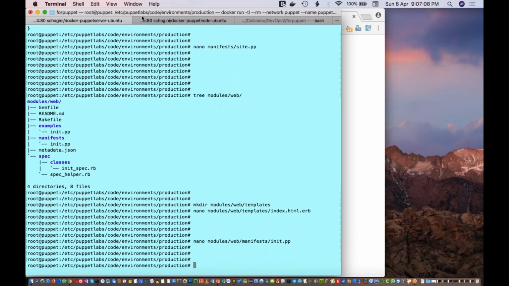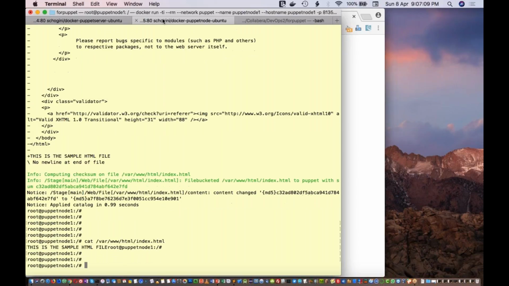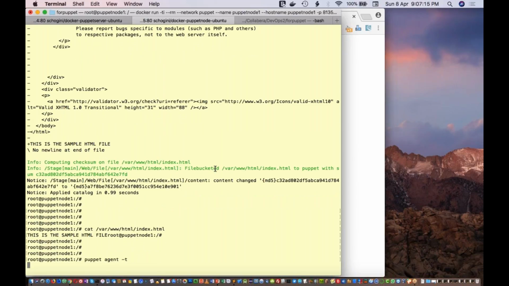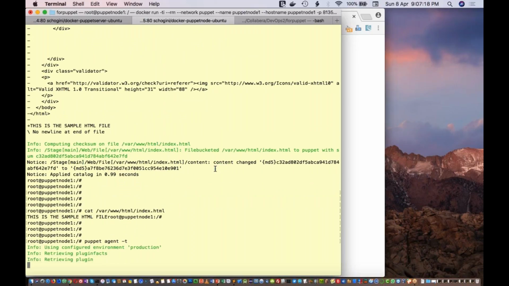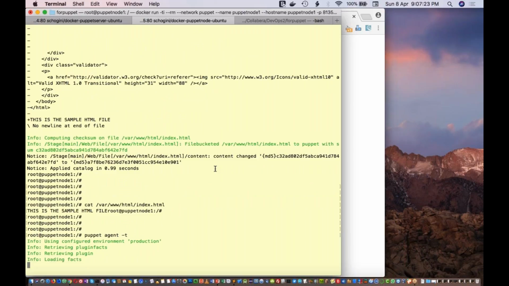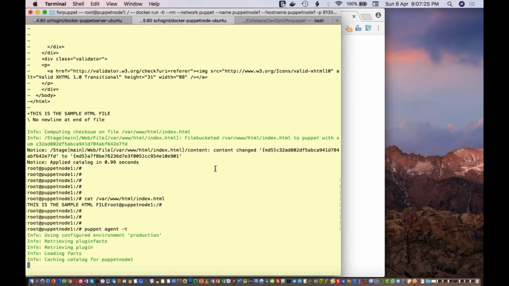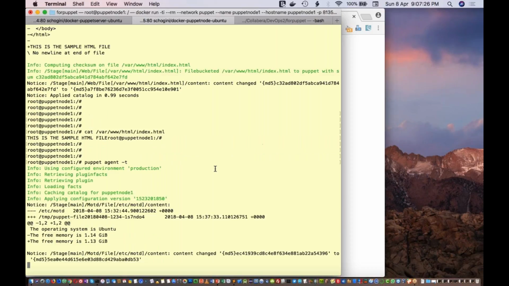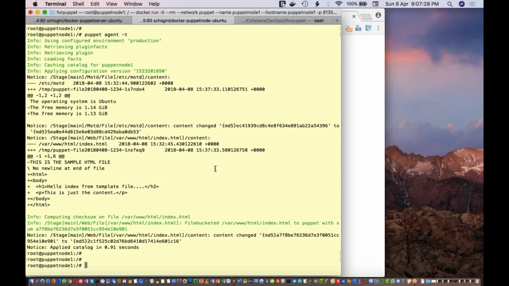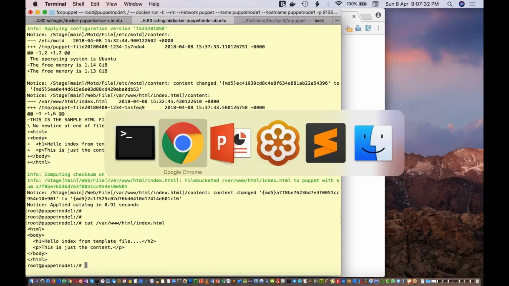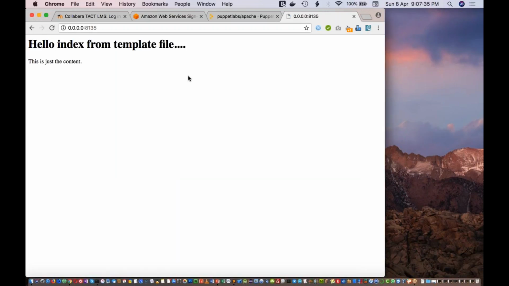Now if I do puppet agent -t, it will change the content based on the template file that I used. It will get the content from the template file and make it an index.html file. Okay, now if I do cat index.html, see this is the content, and if I refresh this page, the content has now changed.